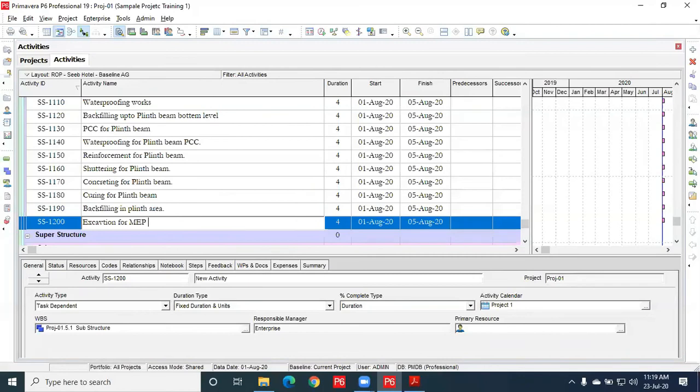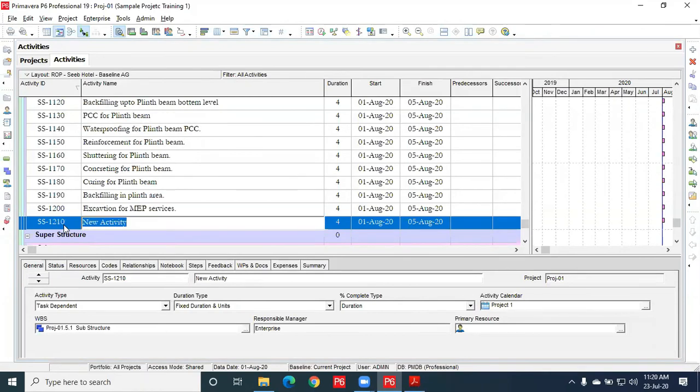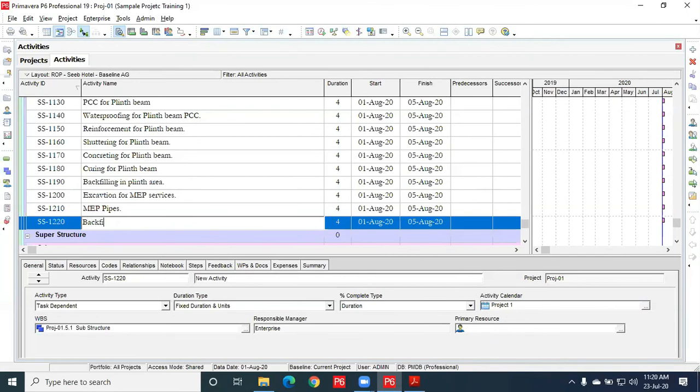So the general practice is we do the backfilling in the plinth area, then we excavate trenches for the MEP services. Enter. Then MEP pipes. Enter. Then backfilling MEP trenches.